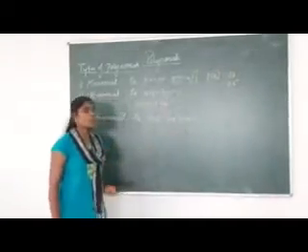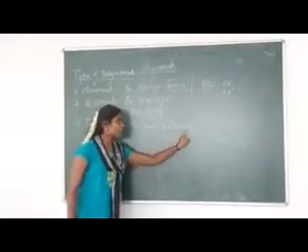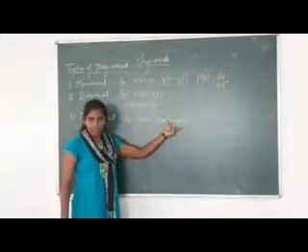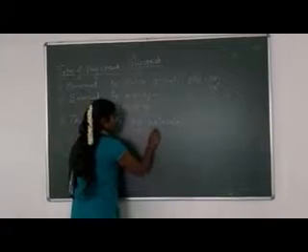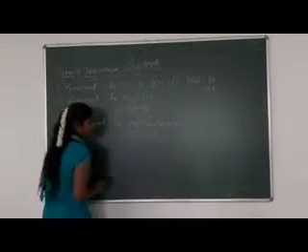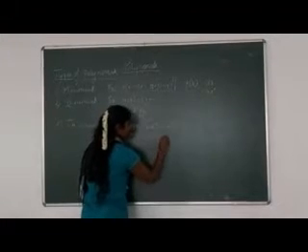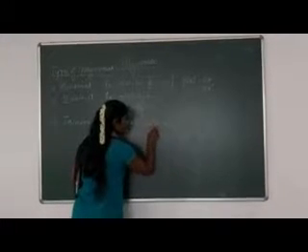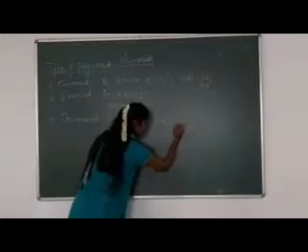Therefore a polynomial with three terms we call a trinomial. Again, what you should observe is a combination of the terms with a mathematical operation, not just three terms. A combination of the terms with a mathematical operation we call a trinomial. The general form of this is given as p of x is equal to ax cube plus bx square plus c. Are you able to find the three terms here? Yes, then d is not required.